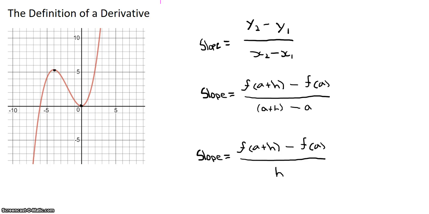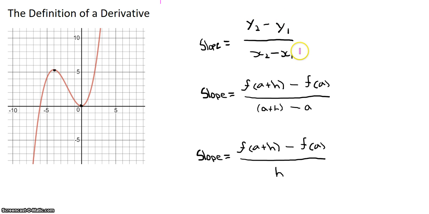Okay, so now we're going to be talking about the definition of a derivative. We already kind of know that a derivative is a way to find the slope at a specific point, or the derivative is the equation to find the slope at any point on a function. But why does this happen? In the past years, whenever we wanted to find a slope, we've always used the equation y2 minus y1 over